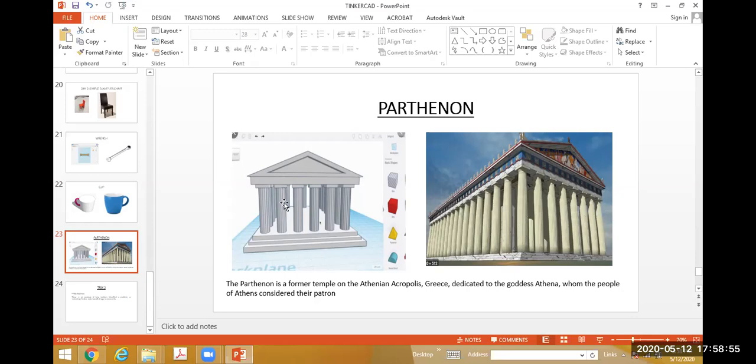And remove all the columns from the center. You can see on the left side there are no columns in the center, only the outer boundary consists of the columns.